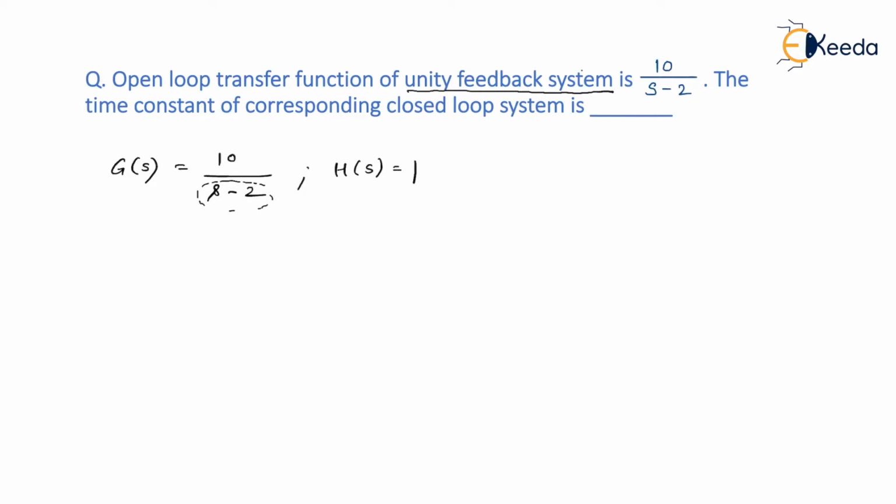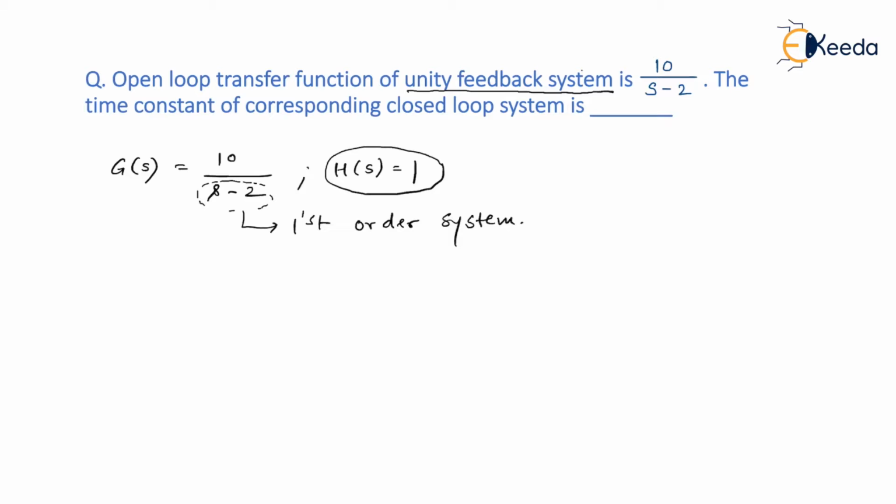Let me remind you something. Actually, we determine the order from a closed loop transfer function. This is not a closed loop transfer function. This is just an open loop transfer function. Am I right? Because I'm just trying to determine the order directly from g of s. Let me remind you, this is possible only and only if h of s equal to 1, that is nothing but a unity feedback system. So here, since the highest power of s in the denominator of g of s is equal to 1, I would say that it is a first order system. Am I right? This is nothing but a first order system.